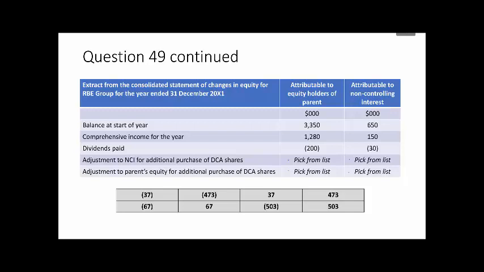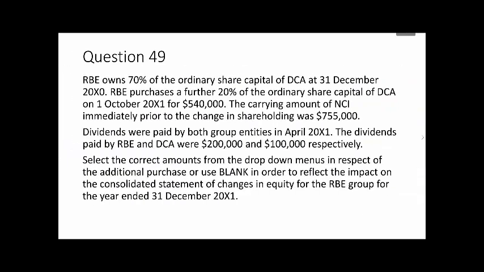Back in the body of the question it tells us that we either need to select one of these options here as our answers, or if we believe there isn't anything to include, we would be able to select blank as an option. So looking back at the scenario then, it says we're looking at a group where RBE owns 70% of the ordinary share capital of DCA at the 31st of December X naught. They then go and purchase a further 20% of the ordinary share capital partway through this year on 1st of October 20X1 for